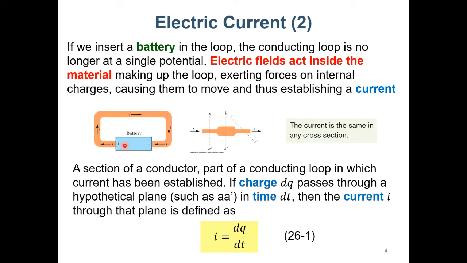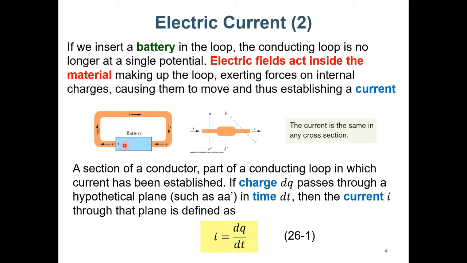But actually, when physicists knew there was something called current, they didn't know about the electron yet. The electron was discovered 100 or more years later